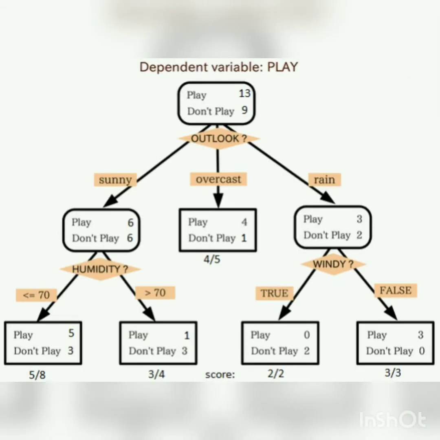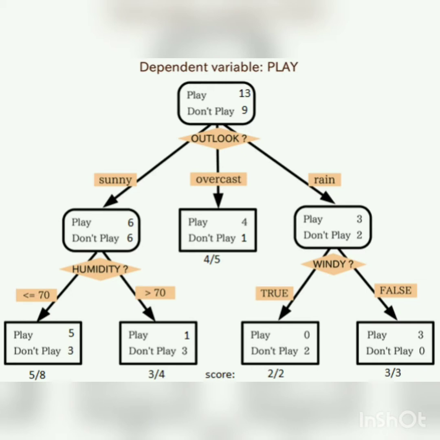The next one is decision tree. This is one of my favorite algorithms and I use it quite frequently. It is a type of supervised learning algorithm that is mostly used for classification problems. Surprisingly, it works for both categorical and continuous dependent variables.